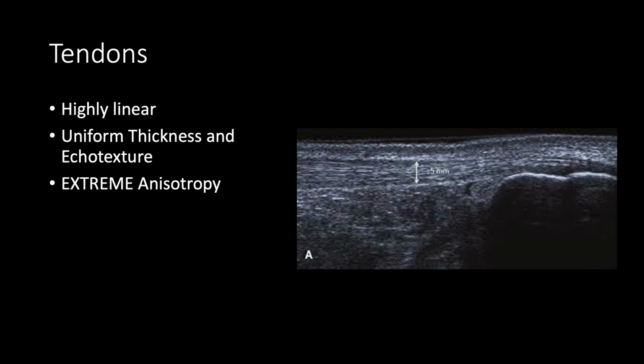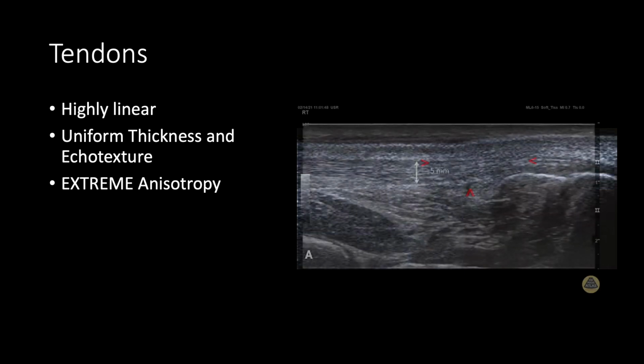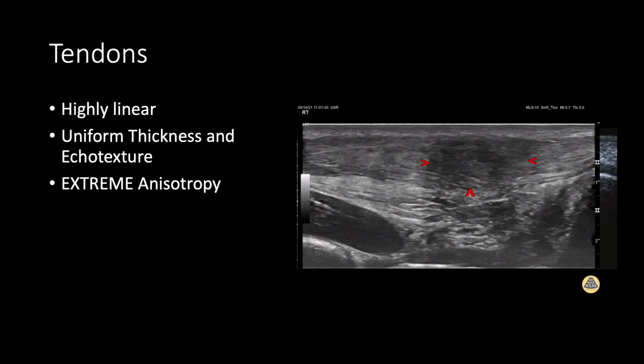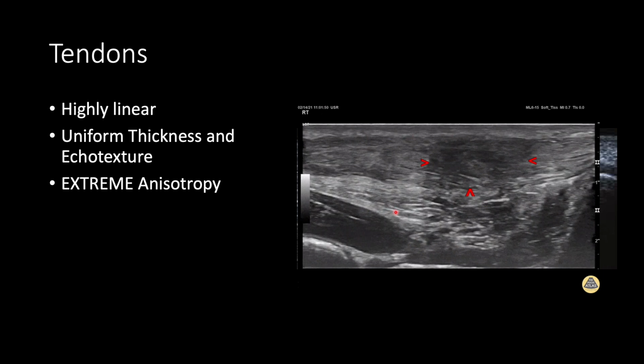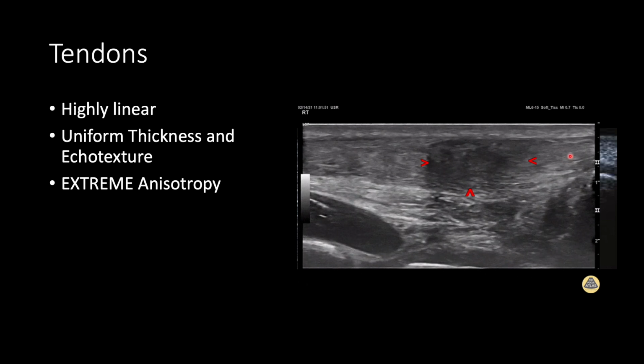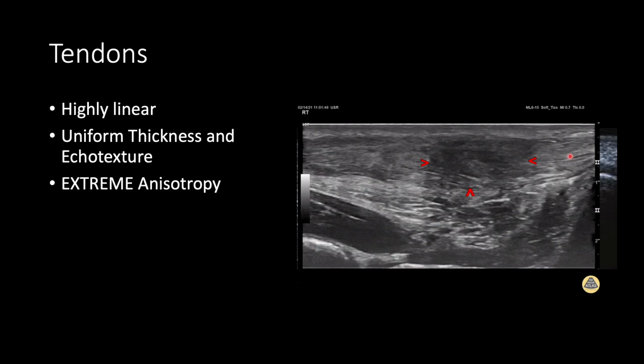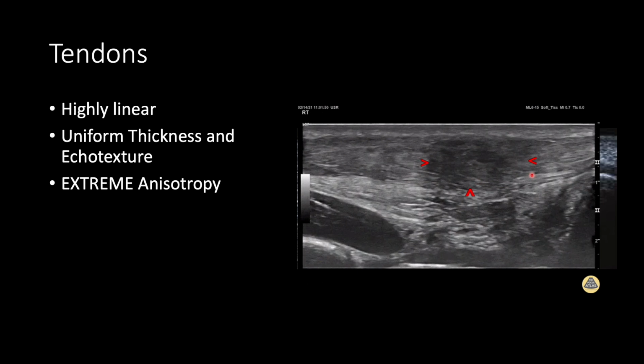Similarly, tendon tears and ruptures are best seen in the long axis, where small gaps in the linearity can be visualized. So as an example, here's an Achilles tendon that's been ruptured following a traumatic injury. You can see the linearity of the normal tendon best along the right side of the image, right around here. However, in this area that's outlined by the red arrows, you see a hypoechoic region that disrupts the normal tendon